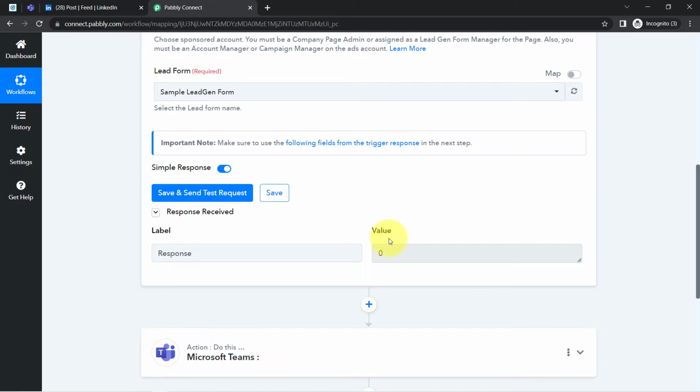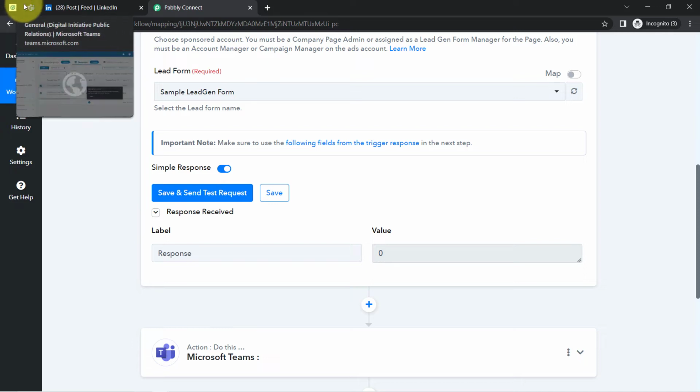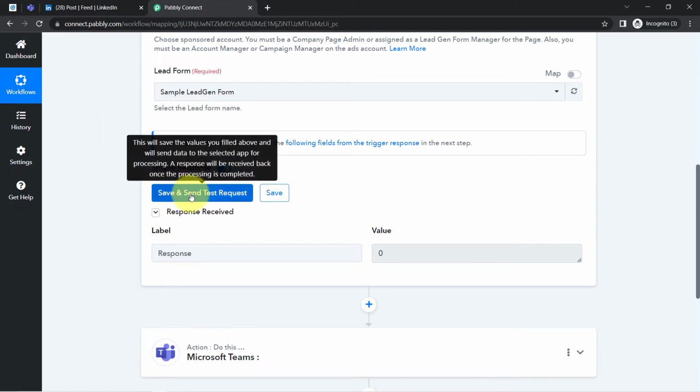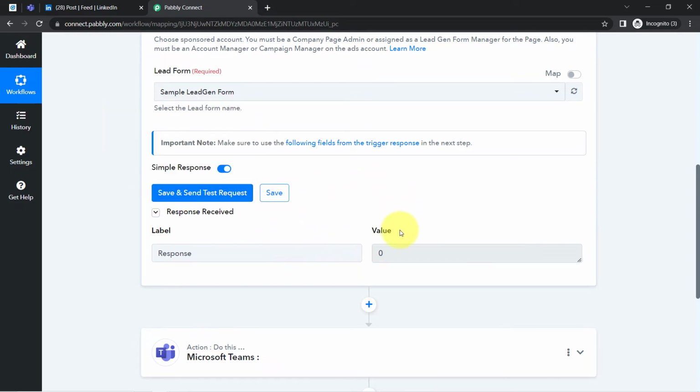Now why is it giving me a blank response? Because currently there is no such data available in my form. So what lead information is it going to send me? Firstly, I will have to submit my LinkedIn lead generation form, and after that I am going to click on this button, and then you will notice how the lead details will be captured via Pabbly Connect as